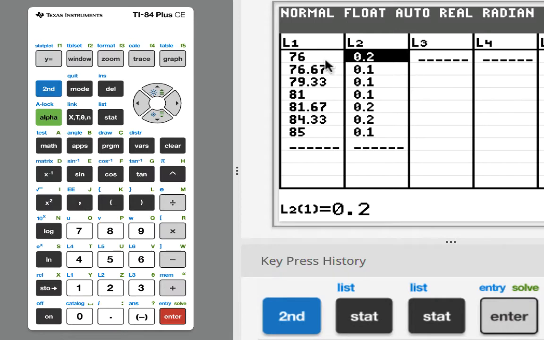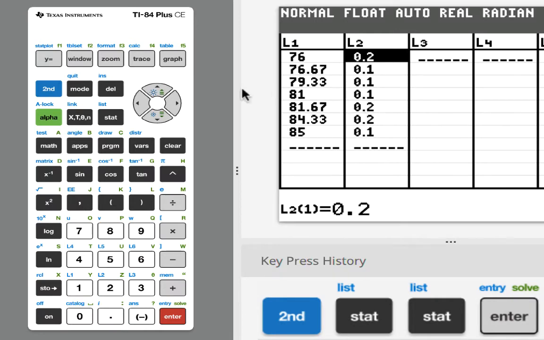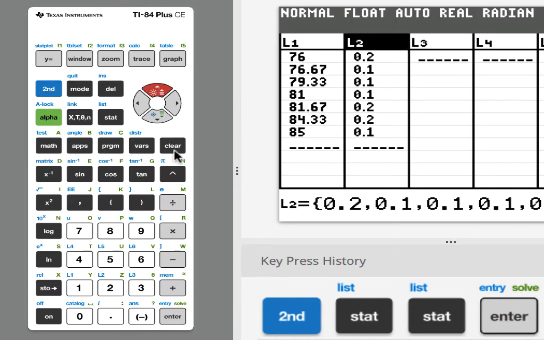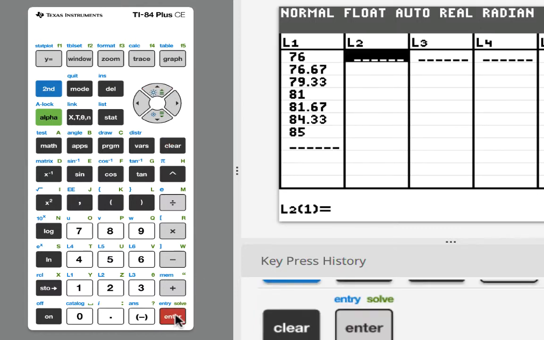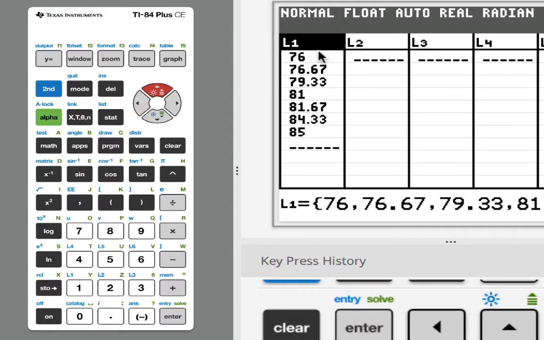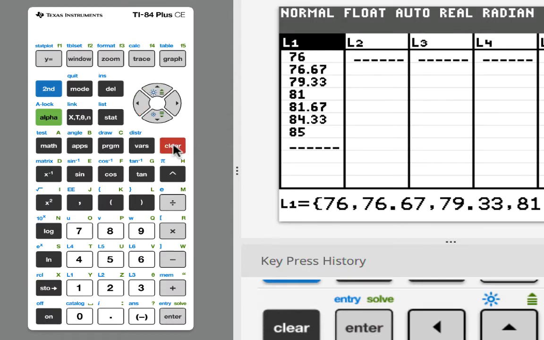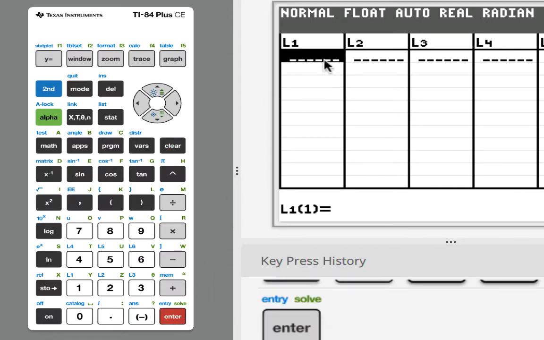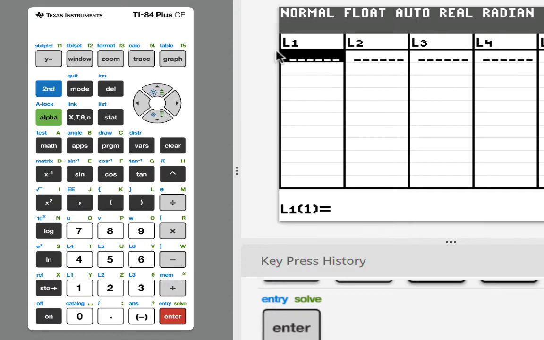Now there are already some values. You want to remove these values. So what you do is you take your cursor. It's already at L2. Take it up, L2, clear, enter. Then take it to L1 on the top, and then click clear, enter. Now what you're going to do is write down the values. Now remember, the values were